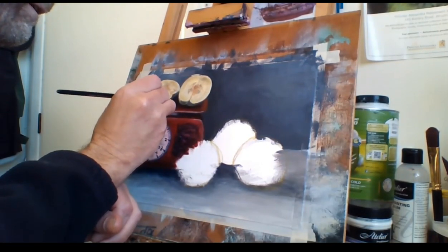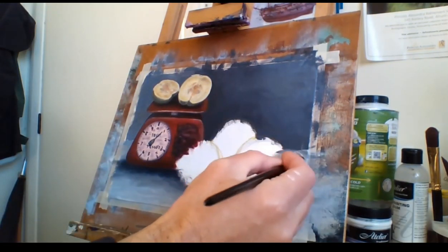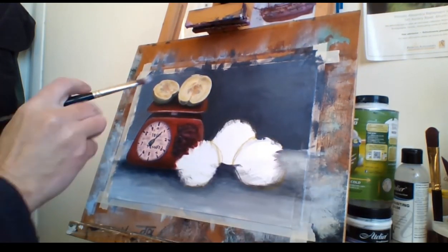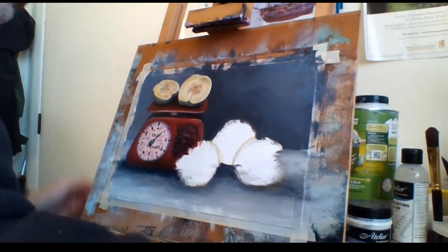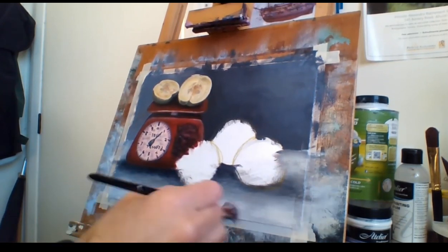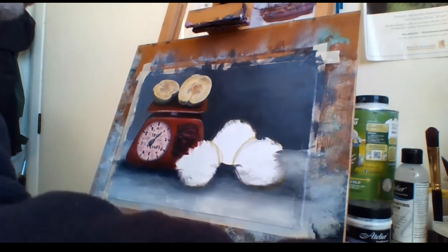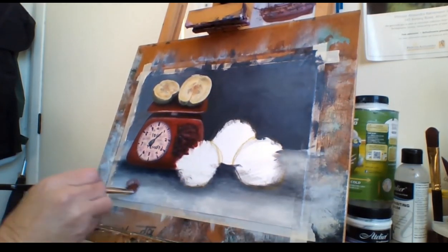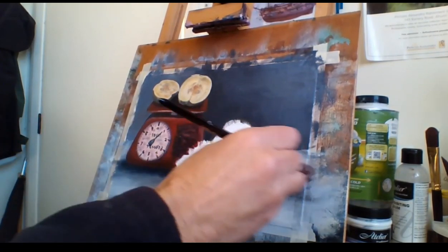Now I'm going to go back to the half apples again, with the green I mixed up with cadmium yellow light and French ultramarine blue. That's how I mix my greens. And I can see, now I'm going to continue to play around in the foreground. I usually do that all the time. I'm always mucking about in the foreground while I'm painting, because you need to continue to update it. Here I am adding a bit more titanium white, and I'm just using virtually a dry brush with hardly any paint on it,